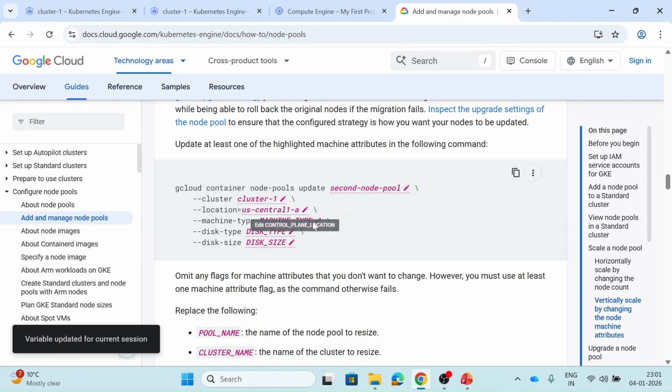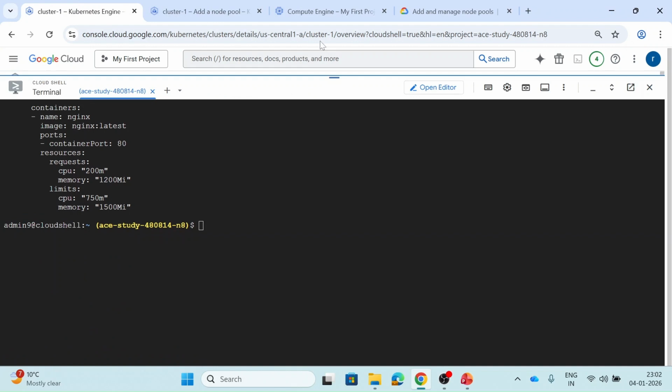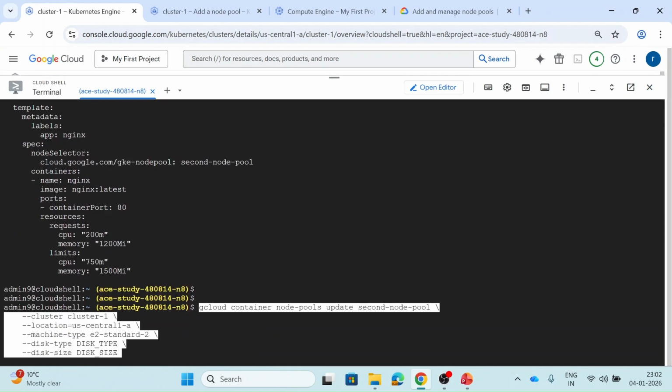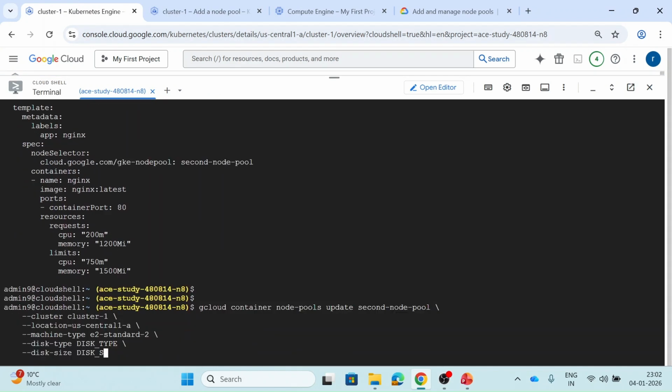And we have to provide the machine type. So let's copy it to standard. I think it is standard 2 only. It's good. We don't want to change disk type or disk size, so we can remove this option by running this command. Now let's come here and paste this command, and I will remove this option disk type